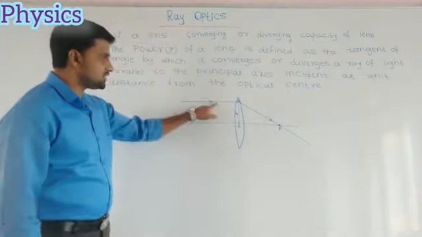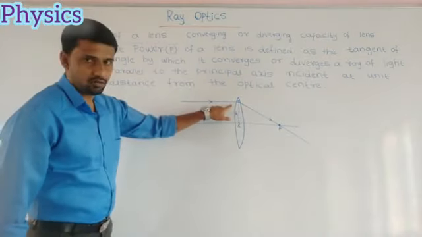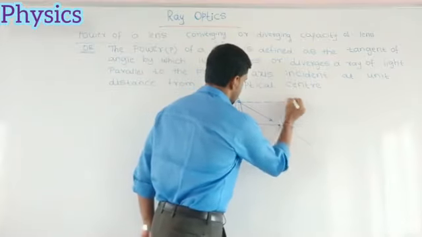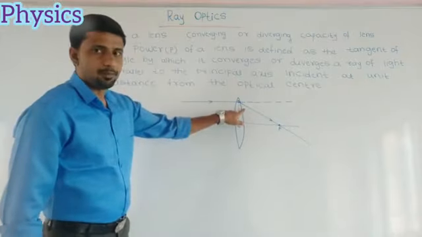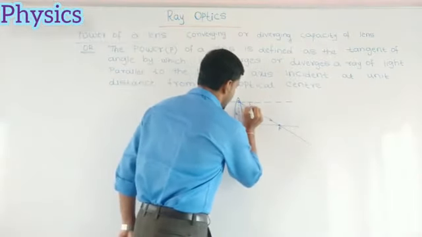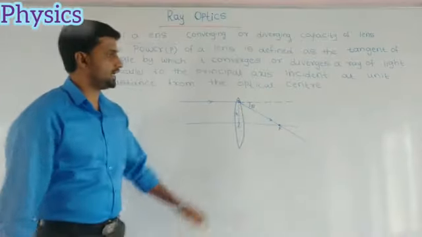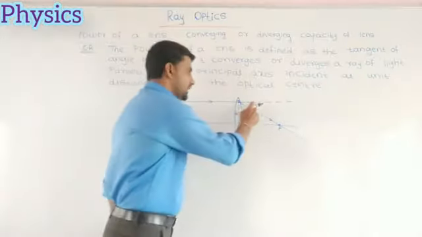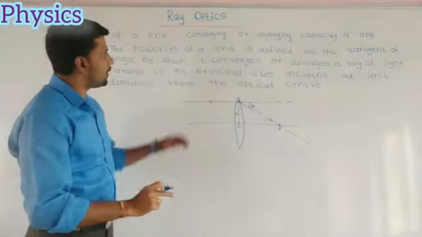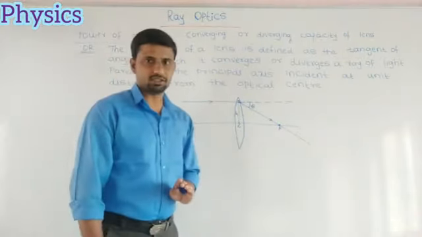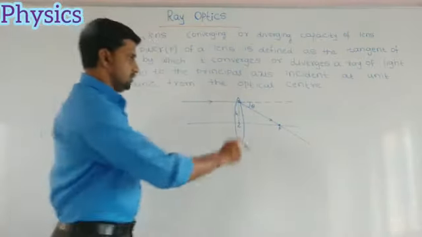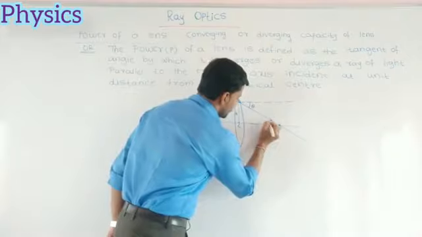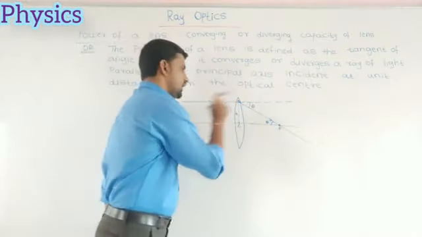But actually this incident parallel ray of light should pass straight like this. Because of refraction, it makes some angle with its actual path. I am taking that angle as theta. If this angle of bending increases, then the power of the lens also increases. Understand? See here, this is theta, and I can take this other angle also as theta,